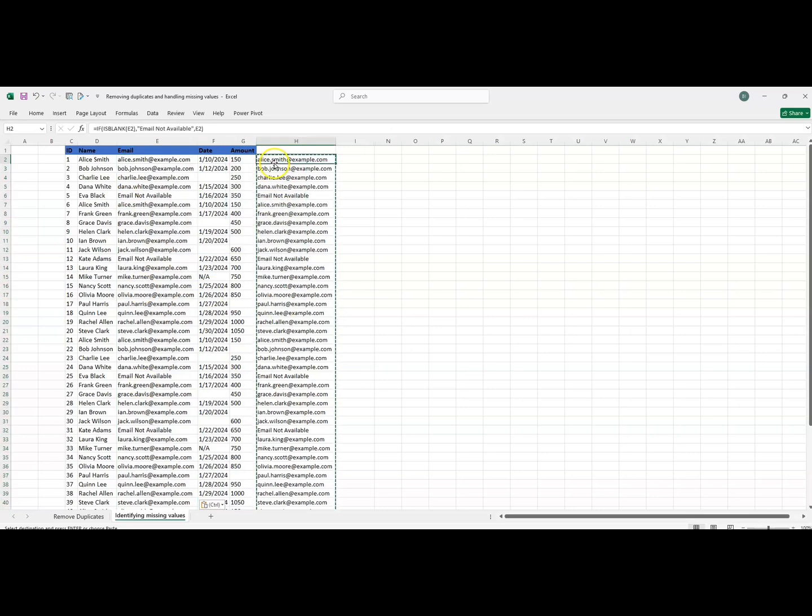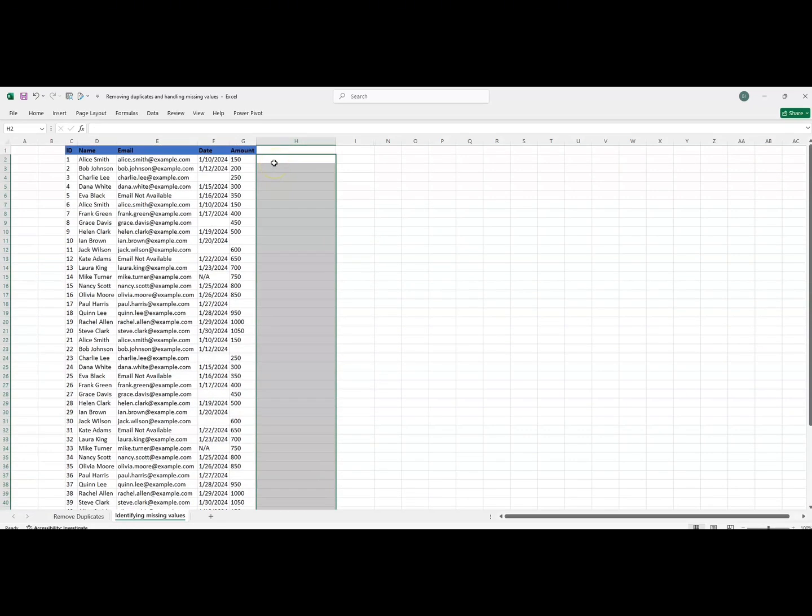So I can now delete this. Delete. Can you see how we combine the IF and the ISBLANK function to achieve this? Another way you can also handle missing data, most especially when you're working with a column that contains numerical data, is to fill with the mean or the median to replace these blanks